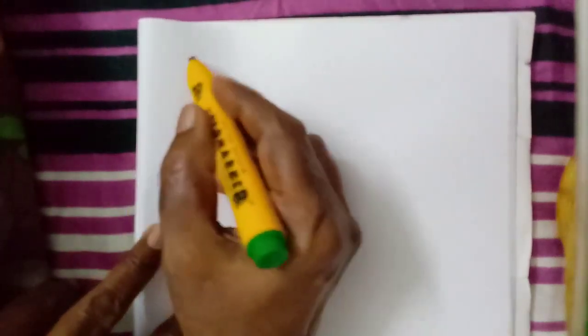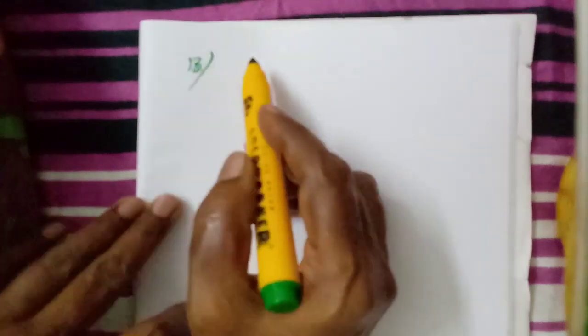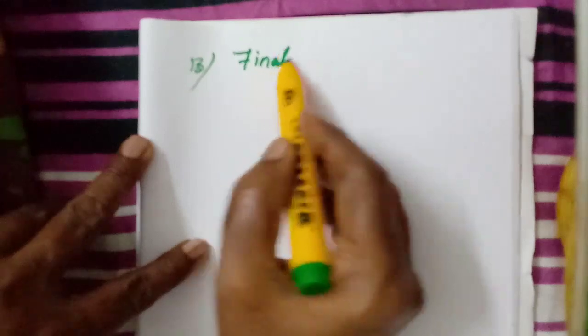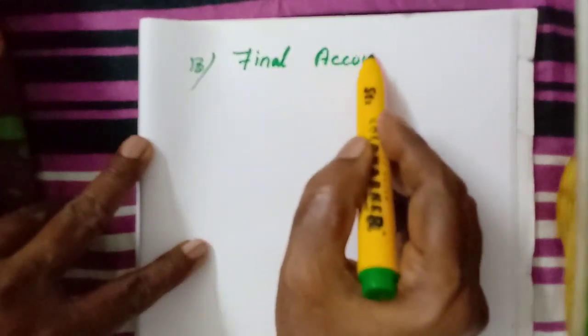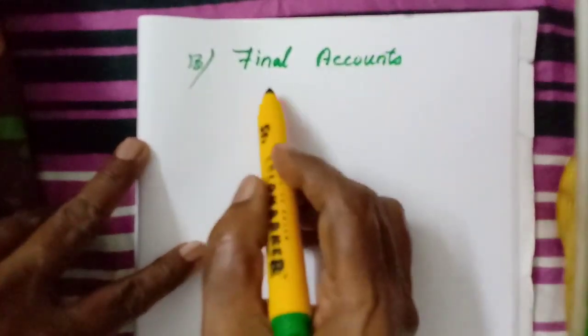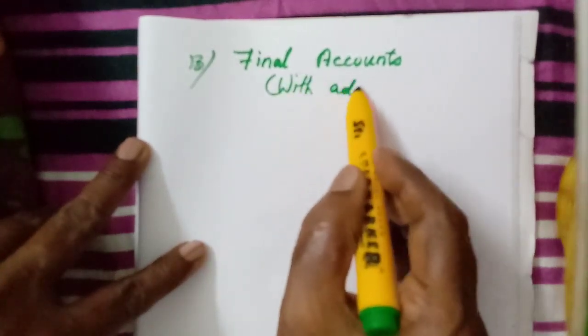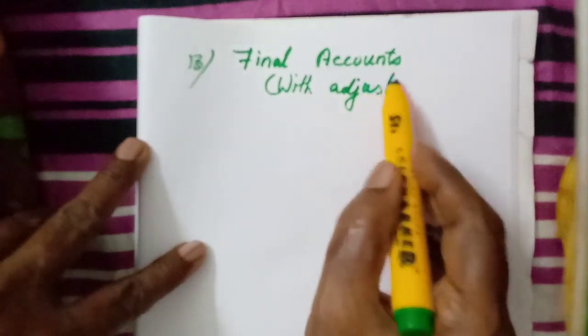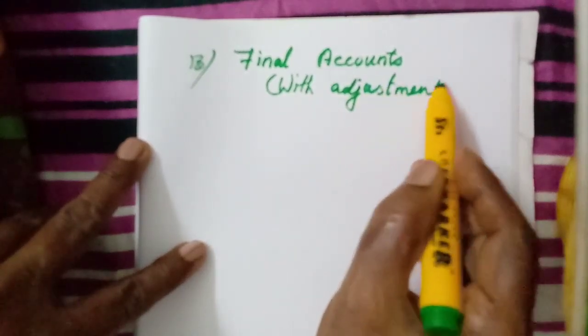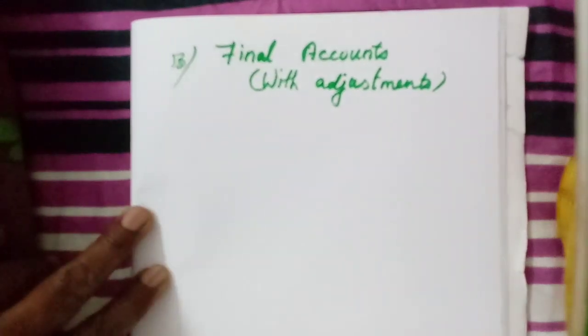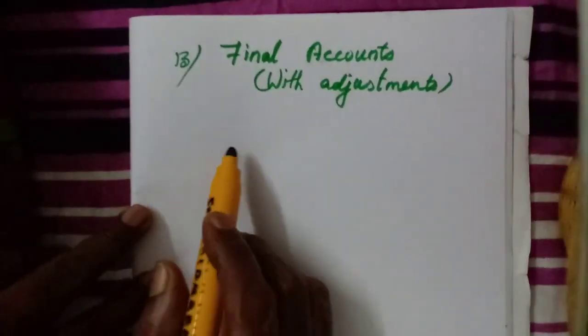Now we are going to start the next lesson, the 13th lesson. Okay, that is related to the 12th lesson, the final accounts. We have already learnt the final accounts, but here we are going to learn final accounts with adjustments. Okay, we know the final accounts